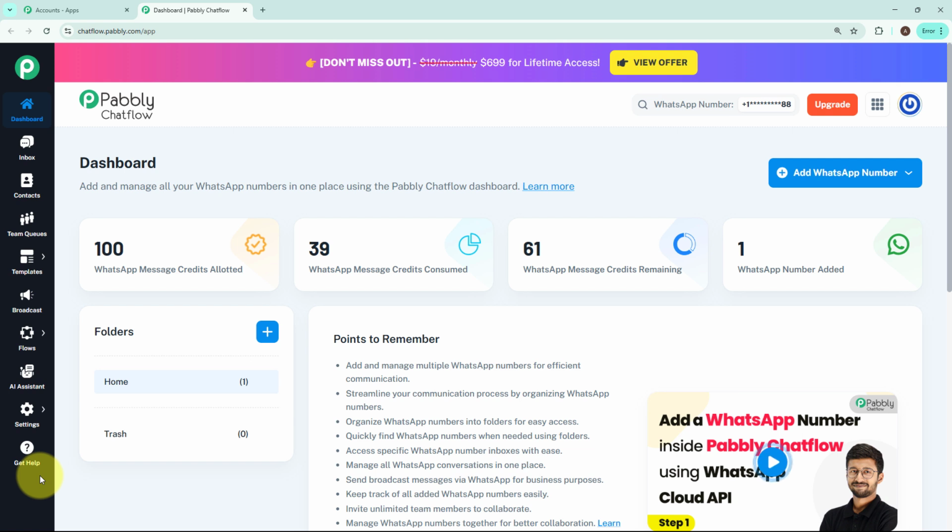Then we have Flows, where you can create and manage your chatbot conversations and create chat flows. Then we have AI Assistant, a feature to integrate AI-based smart responses, making your chatbot more interactive and intelligent. Then we have Settings. It manages your account preferences, chatbot settings, integrations, and notification options. From Get Help, you can access support, documentation, FAQs, or options to connect to Pabbly customer service if you need any